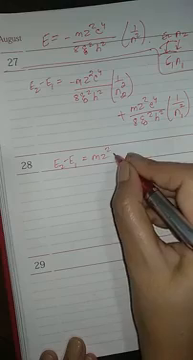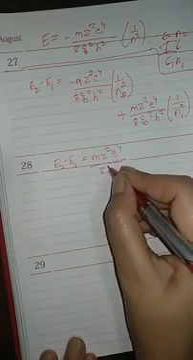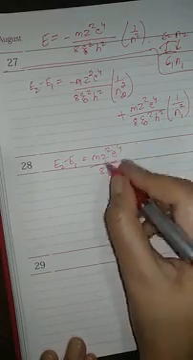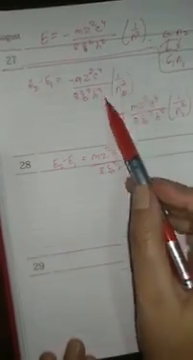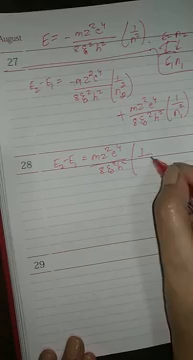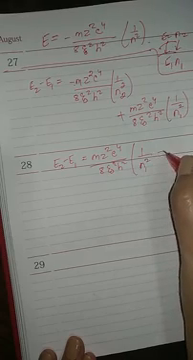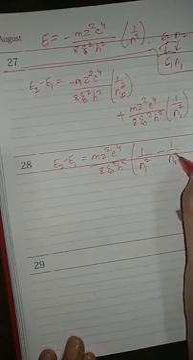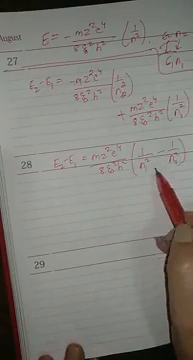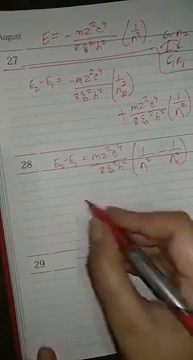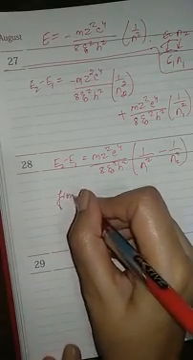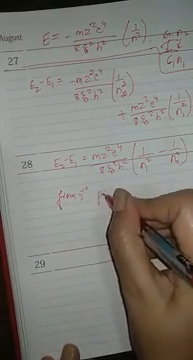mz square e to the power 4 divided by 8 epsilon naught square h square is common. Inside the bracket, as this has minus, I am writing this in the second, so it will be 1 by n1 square minus 1 by n2 square. This is the difference of energy in two orbits. Now according to Bohr's third postulate,